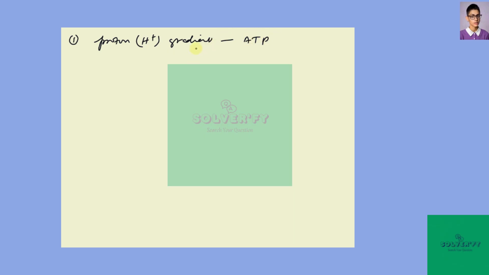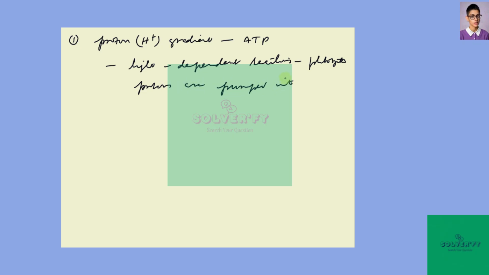The proton gradient is created during the light-dependent reactions of photosynthesis, when protons are pumped into the thylakoid lumen,